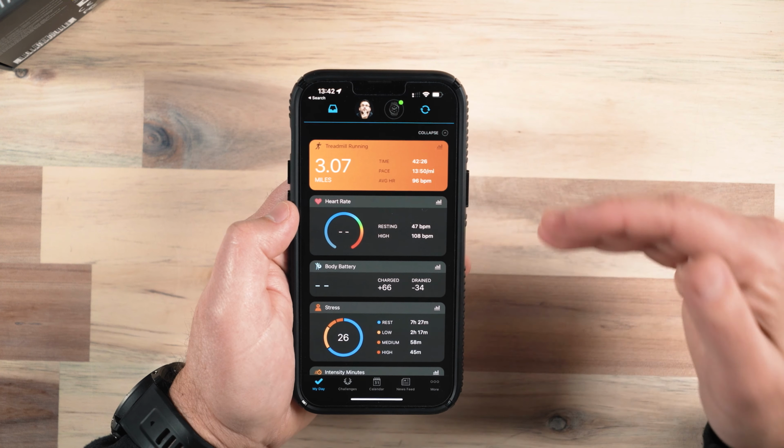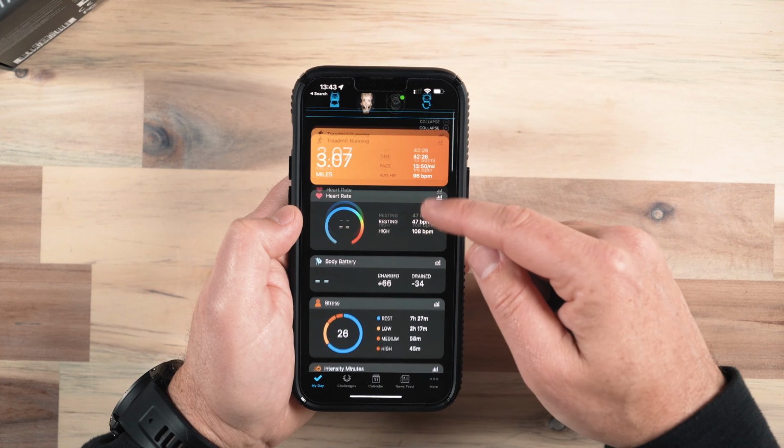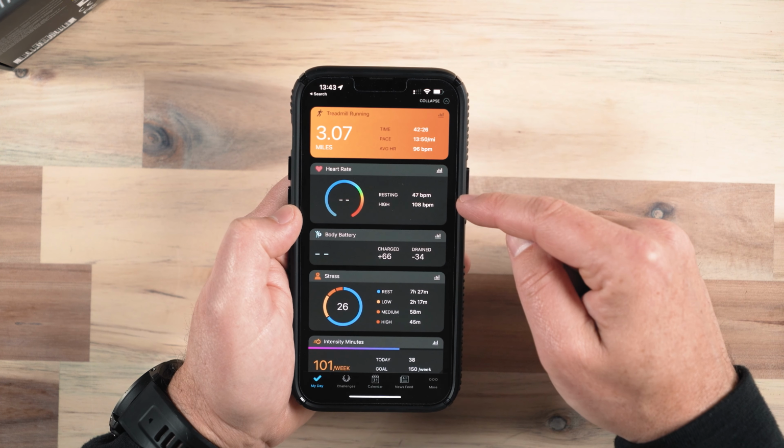So I really like the way that the information is laid out here. I don't like the way that the information is displayed in Apple's Health app. It's just information that is not organized well, and it's really kind of a pain in the butt to see, and to me it's not providing feedback to help me better manage my day and my sleep, whereas this app is. So you can see I had a workout, just went for a walk on the treadmill this morning while listening to an audiobook. This would show me my heart rate, both resting and my high heart rate for the